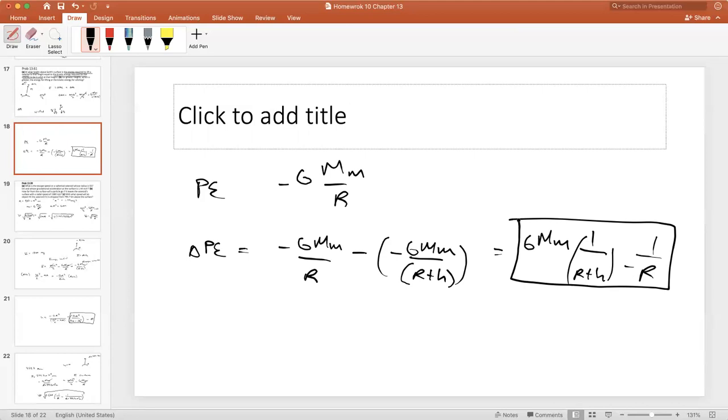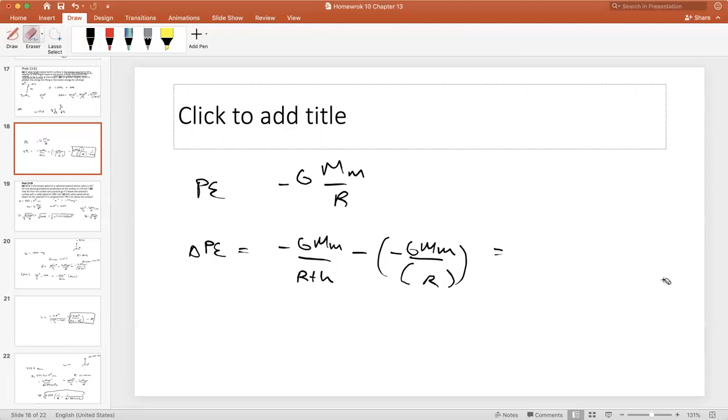Actually, I have that backwards, I'm sorry. Let me fix that really fast. So I want final minus initial. This is final is R plus H over R, so R plus H, okay? Now note that, I'm just gonna erase all this and rewrite it. This is G M M times 1 over R minus 1 over R plus H, and this gets multiplied by